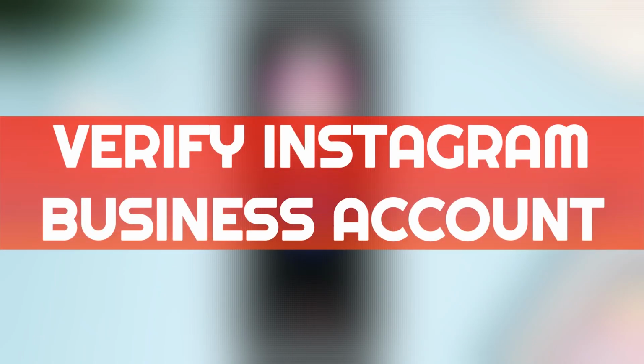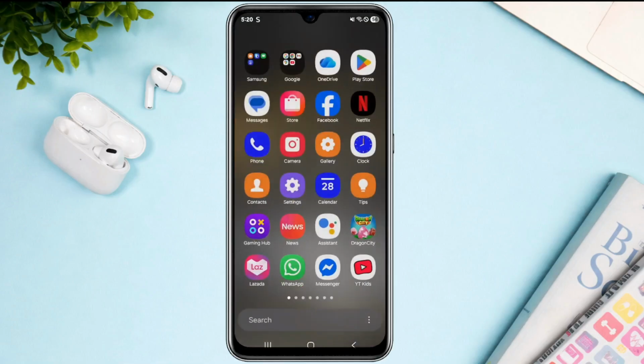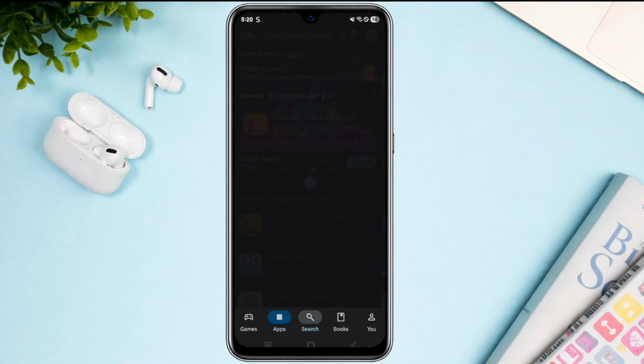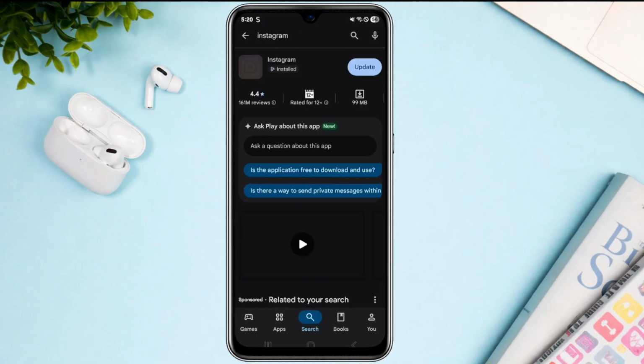How to verify Instagram business account. Now in this video, I'll show you a quick guide for you to be able to verify your Instagram business account. The very first thing that you want to have to do first before doing the process is make sure